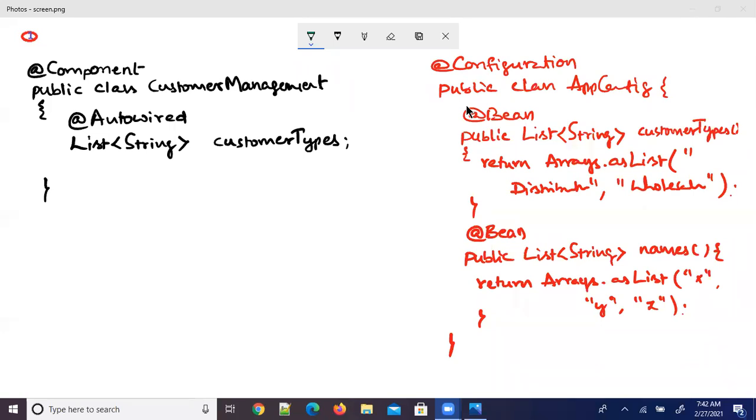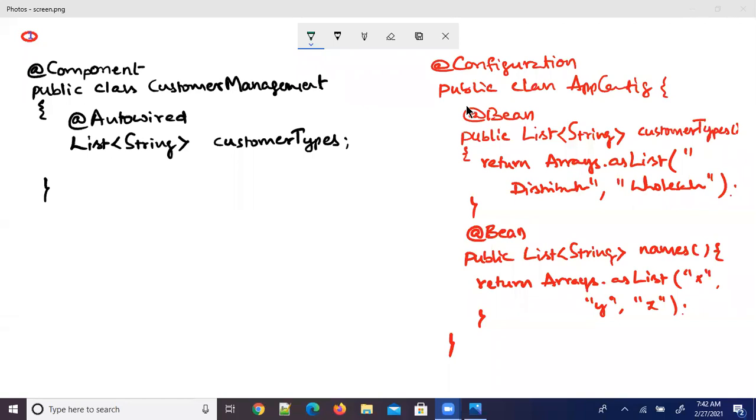If matched, then it injects that object. If not matched, then it is going to check the type: a collection object in the container matching with the property type.